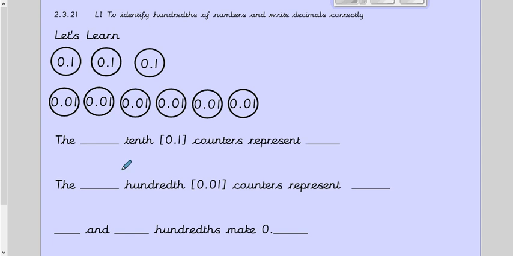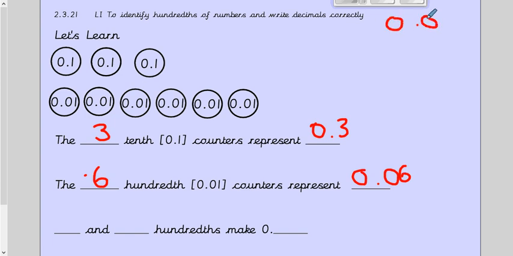So there are 1, 2, 3 tenths counters. So the 3 tenths counters represent, so what would they represent? If I added all 3 of these up, what would they equal? It would be 0.3. Okay, the hundredths counters represent, so if we have 1, 2, 3, 4, 5, 6 counters, they would represent 0.06, because if I put all of these, if we were doing column addition, if I put them all here,